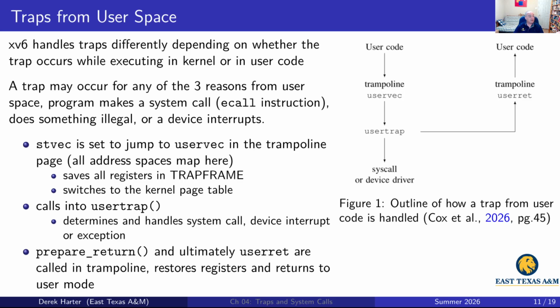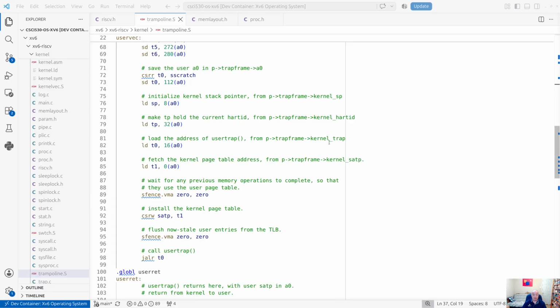So once we're done with saving the state here in the user vector on the trampoline page, we're going to jump to user trap. This is C code. The purpose of user trap is to determine how to handle what caused the trap. So it's going to have to figure out whether it was a system call, an interrupt, or an exception, and do the right thing to handle whatever it is. I skipped over it, but another thing that's in each process's trap frame is the location of the user trap. So the kernel trap field in there, the thing that's at offset 16 from the top of the frame,